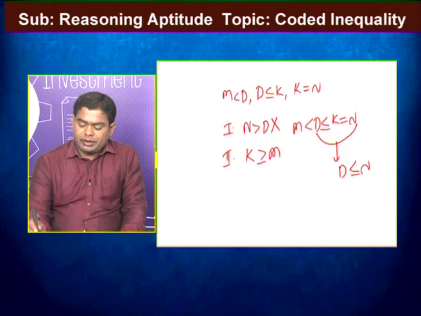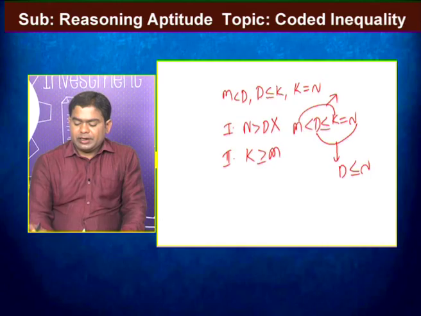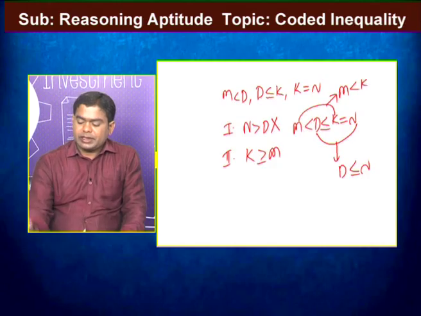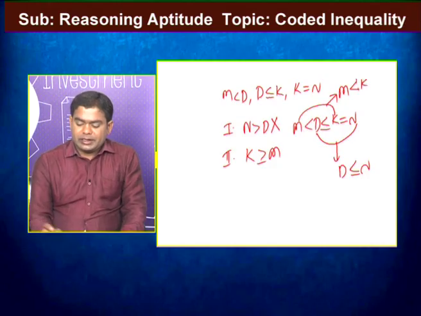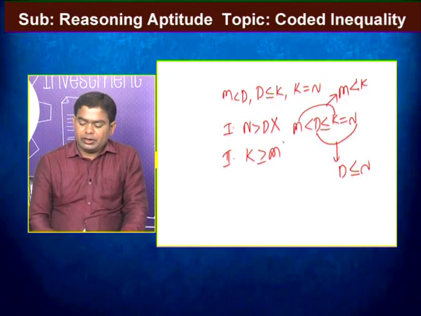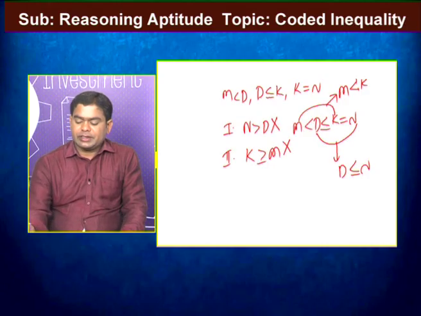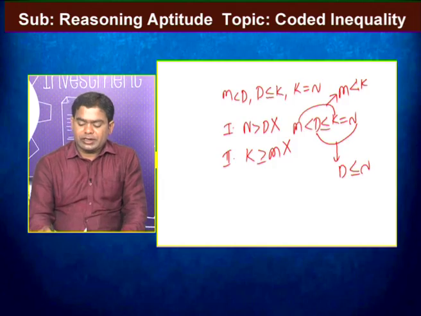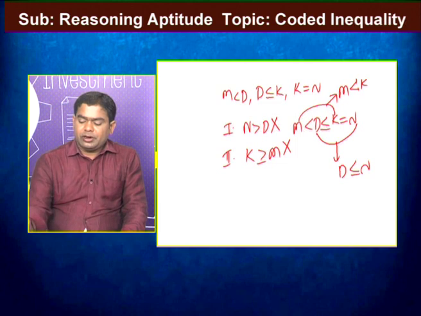We verify the relation between K and M. Here M is there, here K is there, and the arrows are on the same side, that means M less than K, the arrows are towards the K side. So here we get M less than K, but the conclusion says K greater than or equal to M, both are different. Here the arrows are towards the K side, here also the K side, but here an extra equal is there, that means both are not equivalent, that means neither 1 nor 2 follows. Then we go to the next question.